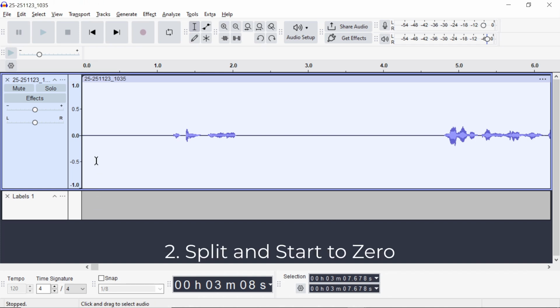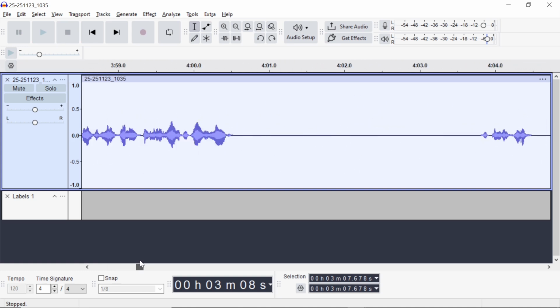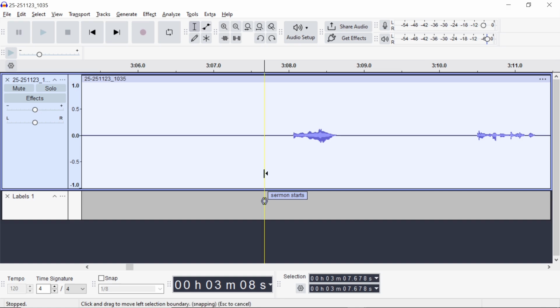So I'd usually start my sermon or start recording with a safety margin. The concept of the safety margin is just hitting the record button before the actual sermon starts. And that is so that I don't miss when the actual sermon starts, which has happened to me many times. So I have a recording here and the actual sermon doesn't start until about 3 minutes in, somewhere around here. So usually I'll place my cursor here and